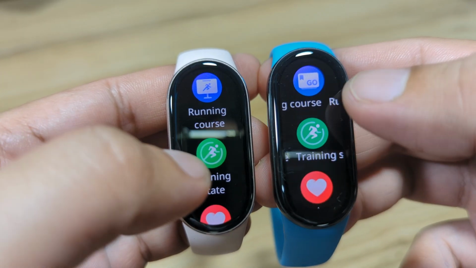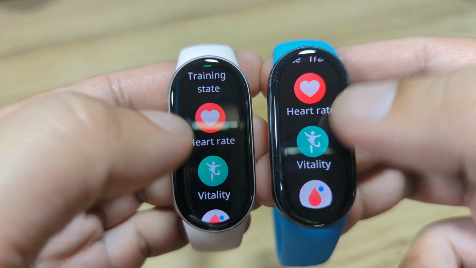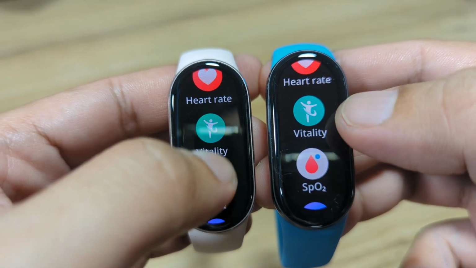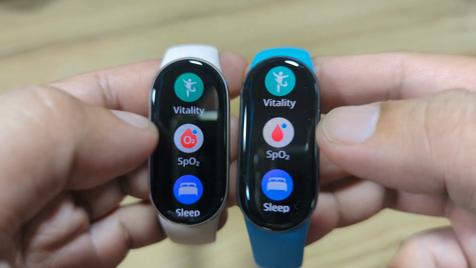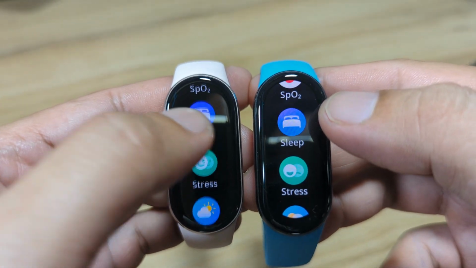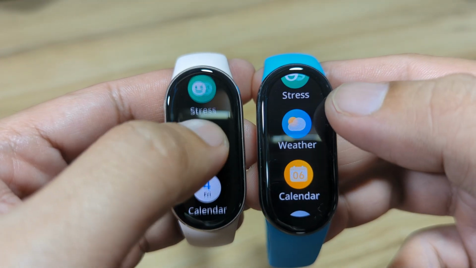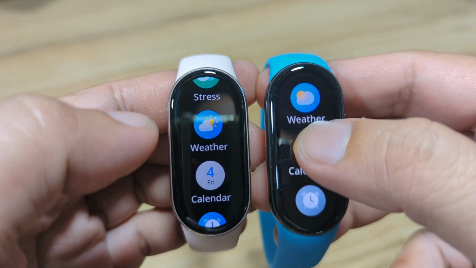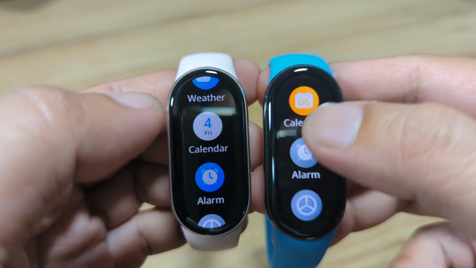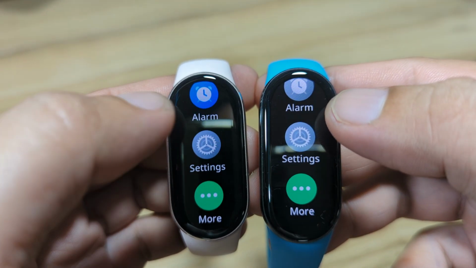So we have the training state, the heart rate, we have vitality, blood oxygen monitoring, sleep monitoring, we have the stress monitoring, we also have here the weather report, we have a calendar, it's a different icon now, we have an alarm, the settings, we have more.